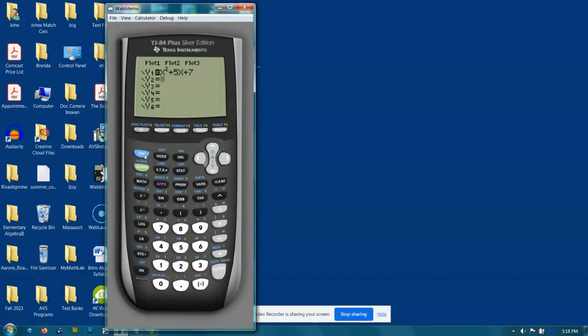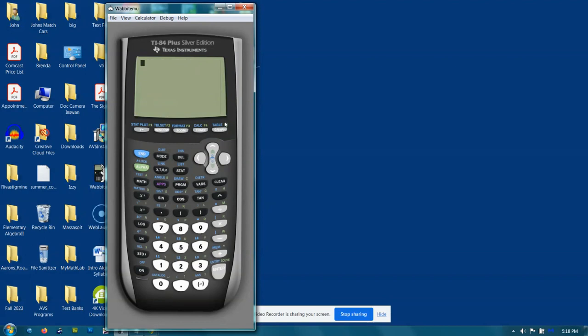The second thing I want to do now is go to my table set, which is the second function of the window key. I've got my table starting at 2, which is okay. It'll go up from 2 and then down from 2. But right here it says independent variable. I want to make sure I've got it set to ask, where it prompts me for what value you want me to substitute into this function. So let me quit out of this